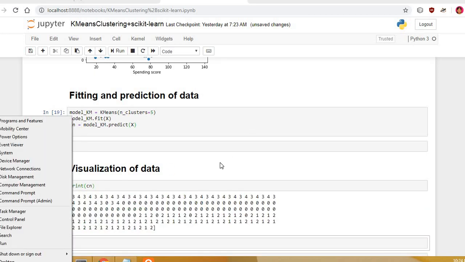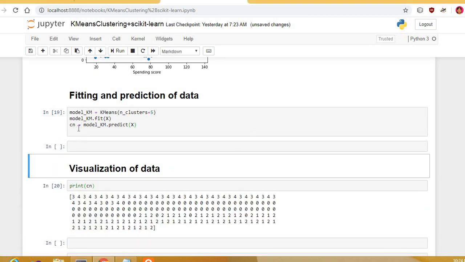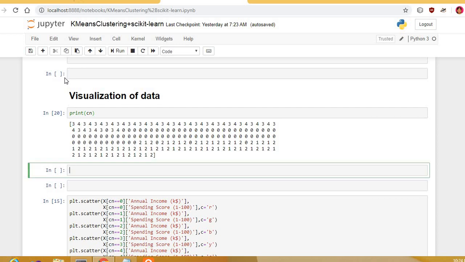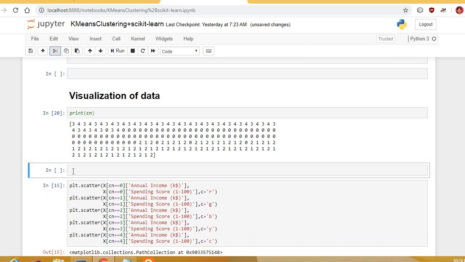Okay, we print this cluster number. See here, 3 4 3 4 3 4 0 1 2. This means the clusters to which the data points are assigned. 3 indicates the third cluster, 4 the fourth cluster, ranging from 0 to 4, so in total there are 5 clusters.